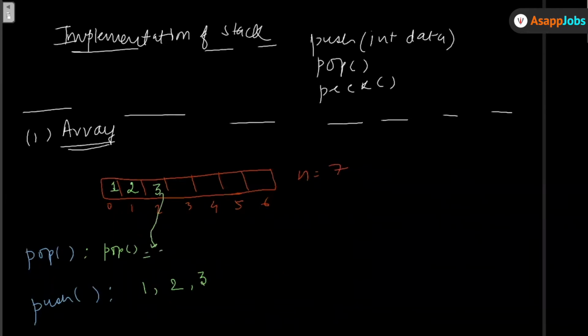So this will result in the 3. So now this place has become blank. Okay, the 3 is no more available in the array. Then I again call a pop. So now 2 will come out from here, and this space will again get cleared, right? So similarly, what I'm seeing is that if I'm using an array as a data structure to implement push and pop, both the push operation and the pop operation are happening on the same side of the array, right? So let's try to see the code of it, how we can write the code and implement this.